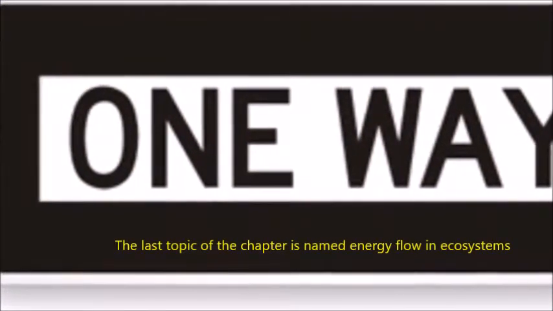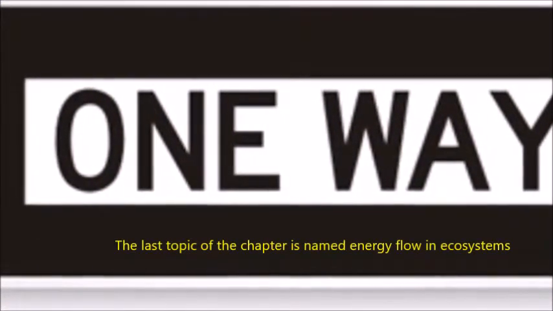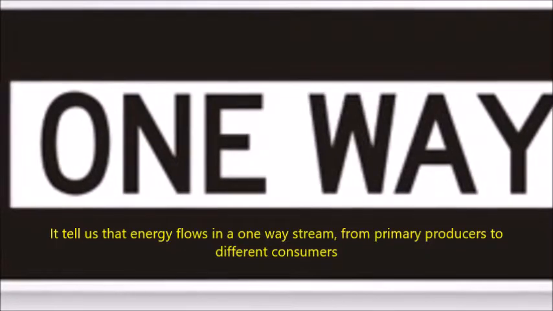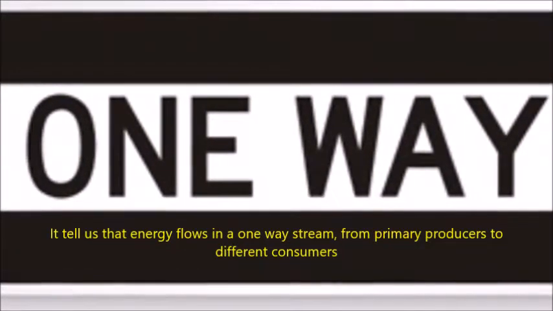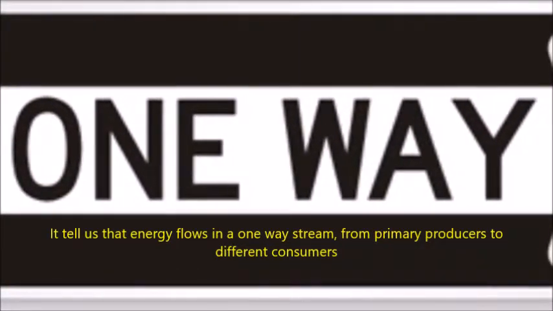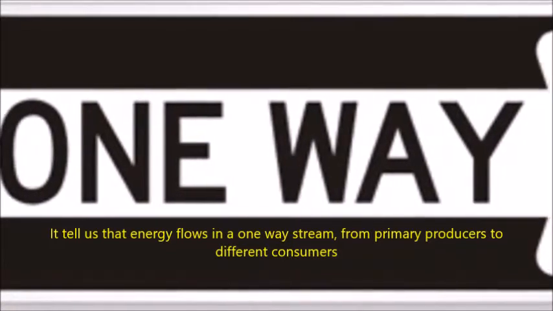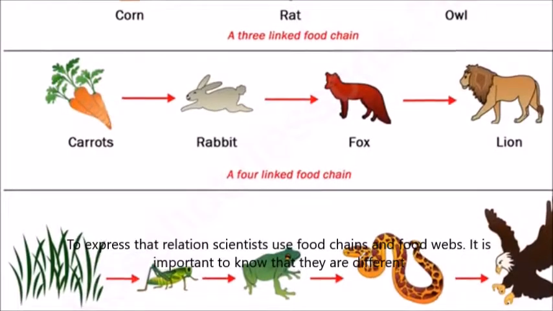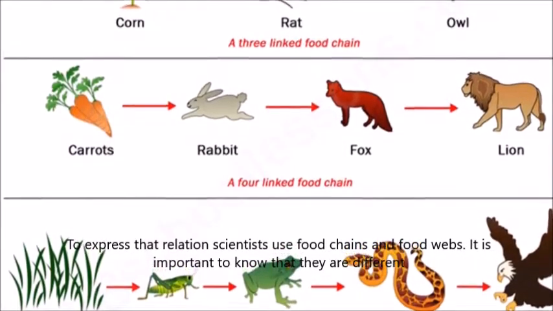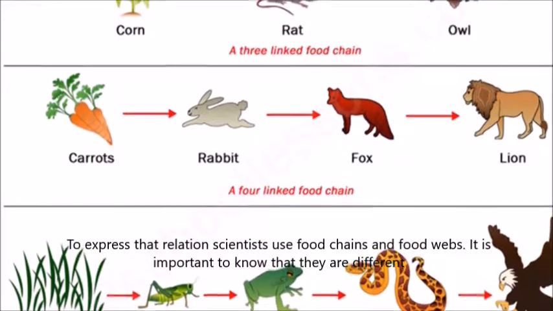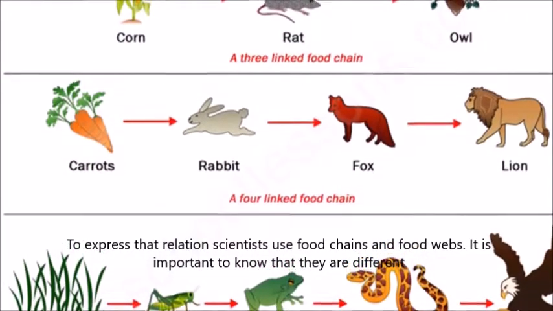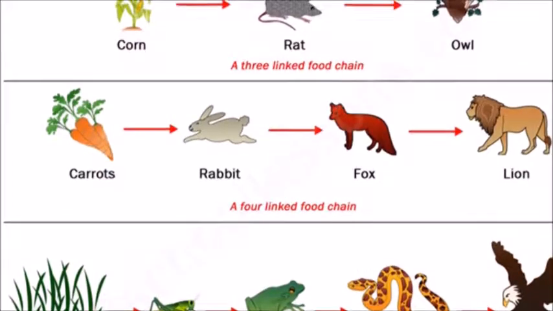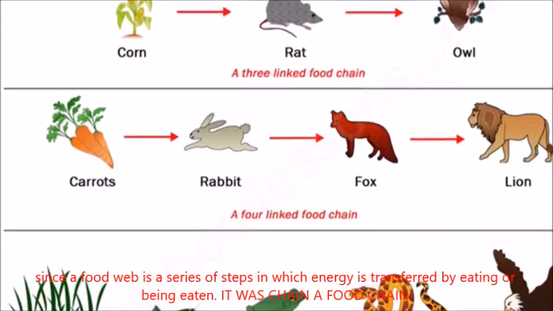The last topic of the chapter is named Energy Flow in Ecosystems. It tells us that the energy flows in a one-way stream from primary producers to different consumers. To express that relation, scientists use food chains and food webs. It is important to know that they are different, since a food chain is a series of steps in which